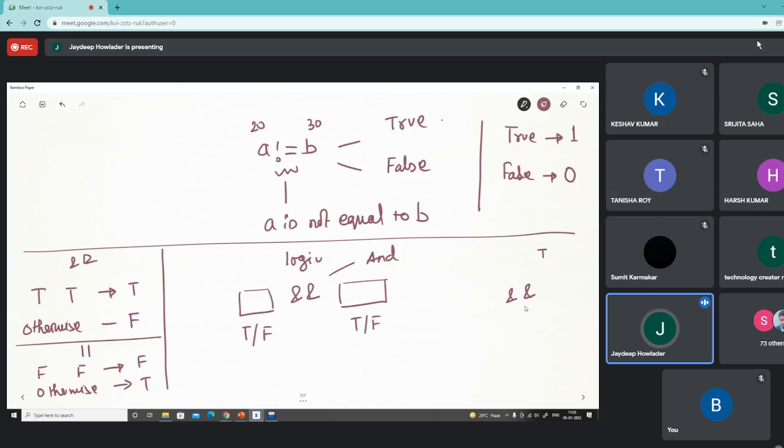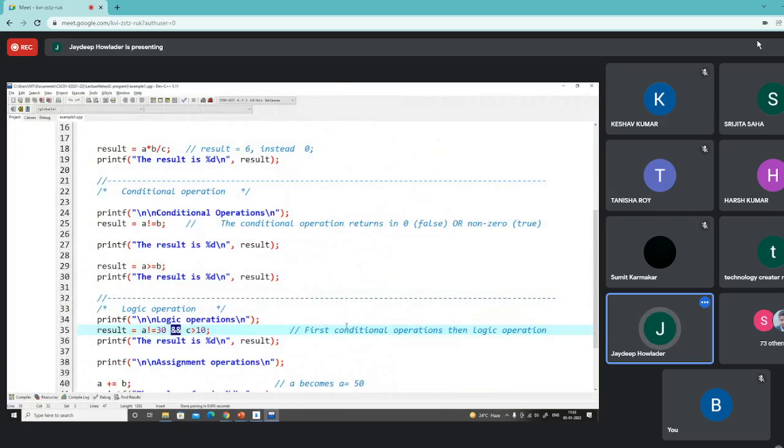Looking at this expression, we have an AND operation, and its left hand side is a condition check, and the right hand side is also a condition check. After performing the condition check, each side returns a true or false.